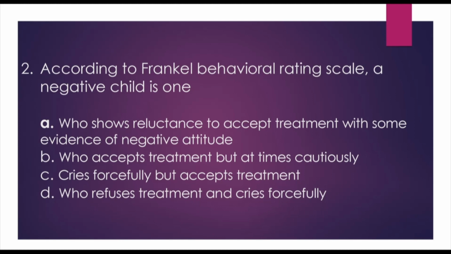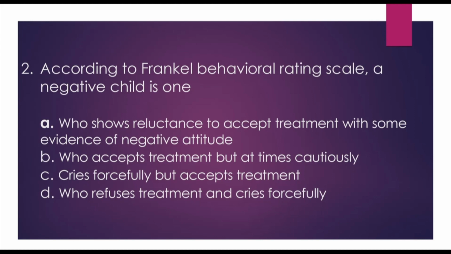According to the Frankel behavior rating scale, a negative child is one who shows: option A, reluctance to accept the treatment with some evidence of negative attitude; option B, who accepts treatment but at times cautiously; option C, cries forcefully but accepts treatment; option D, who refuses the treatment and cries forcefully. So when you come to this question,